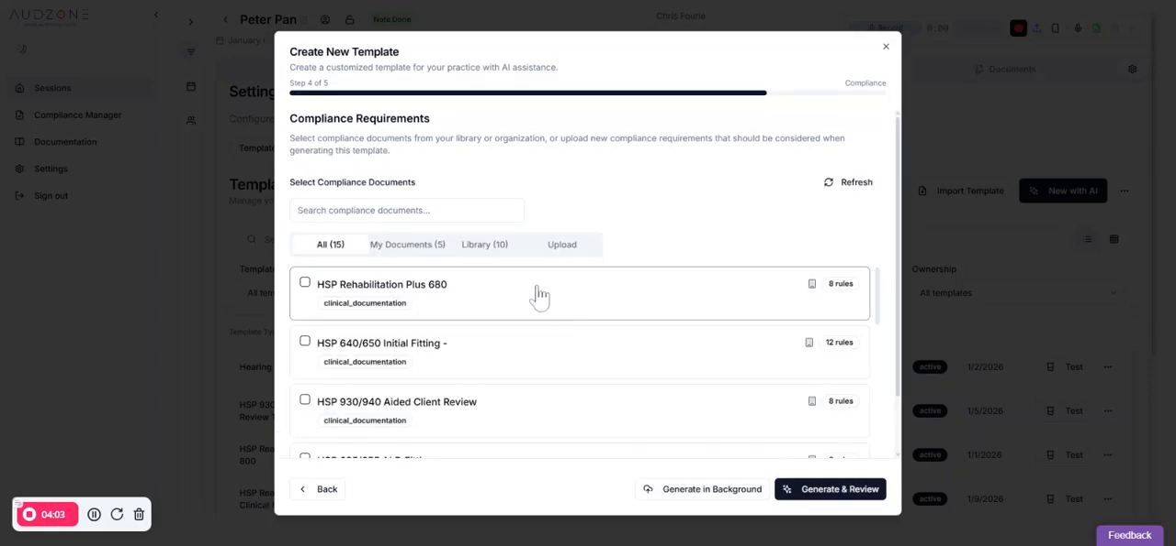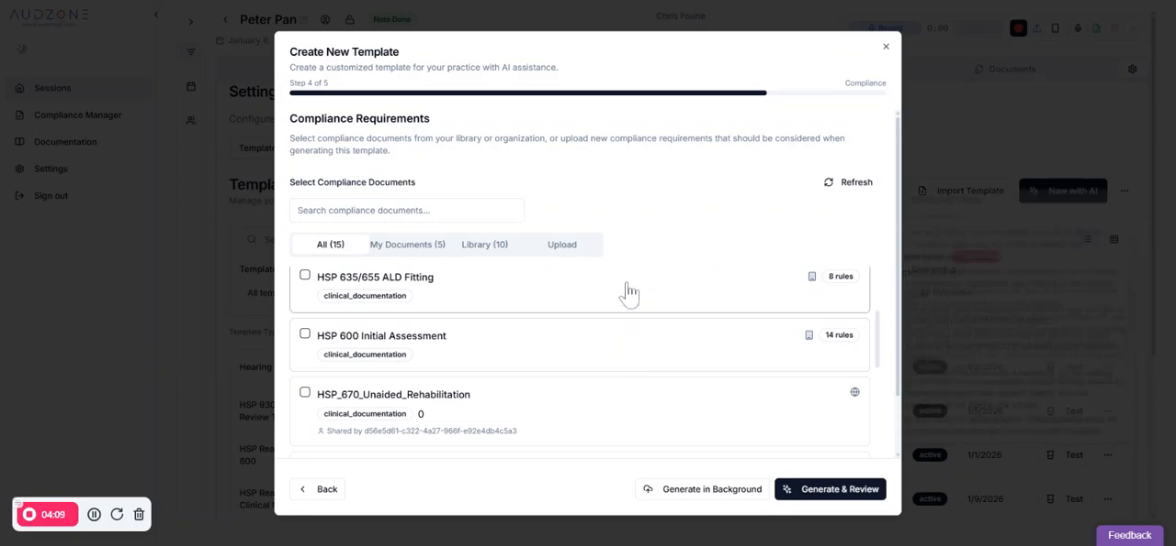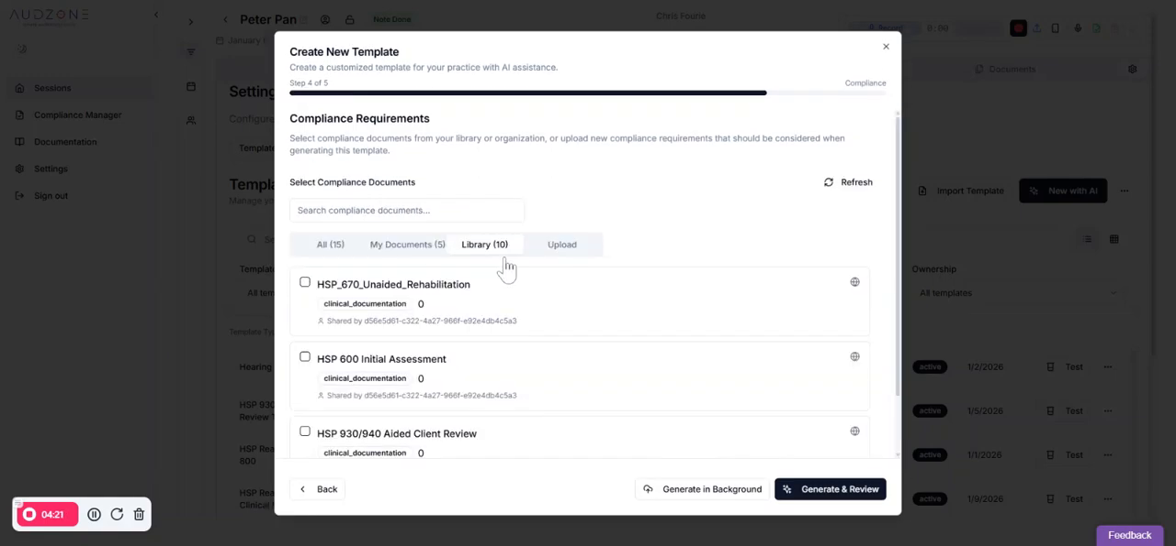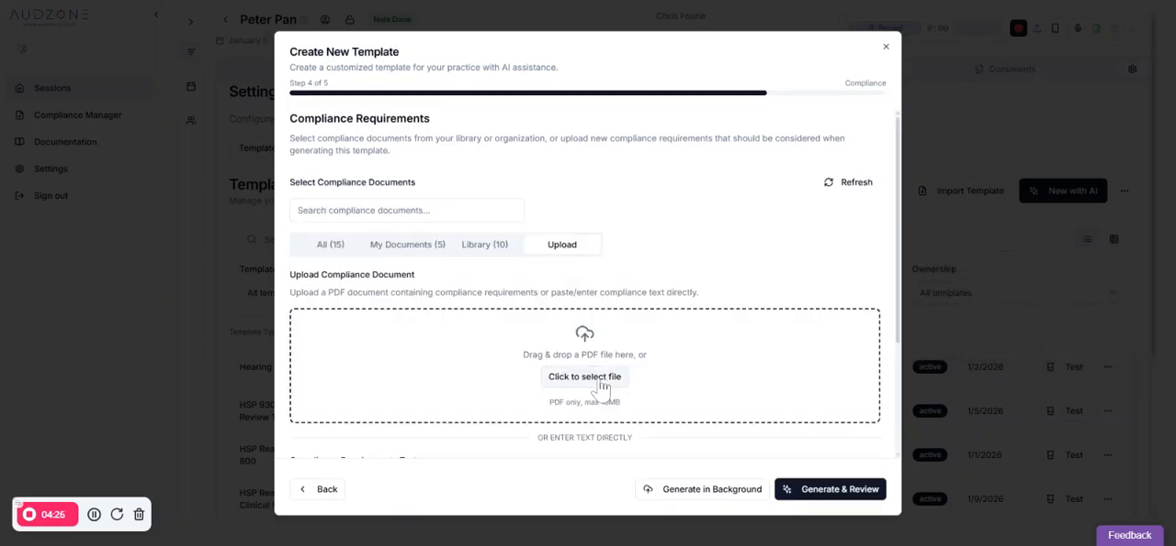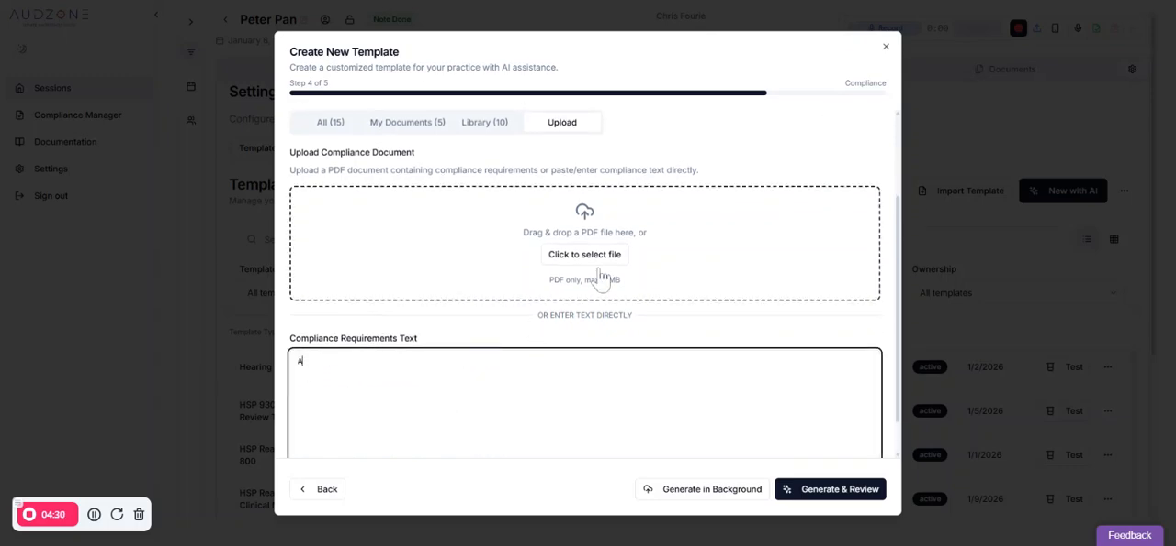Then just click next. You can choose whether it needs to be based on any compliance regulations. It's not that it's going to check for compliance, but if you need it to be compliant with regulations, you can pick. Here we've got a list of all the regulations. These are your own specific imported ones, or you can look at the library and use those there. You can even upload your own set of rules, and a compliance rule is something as simple as always